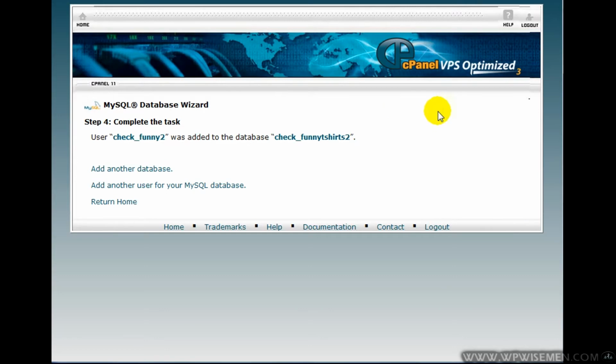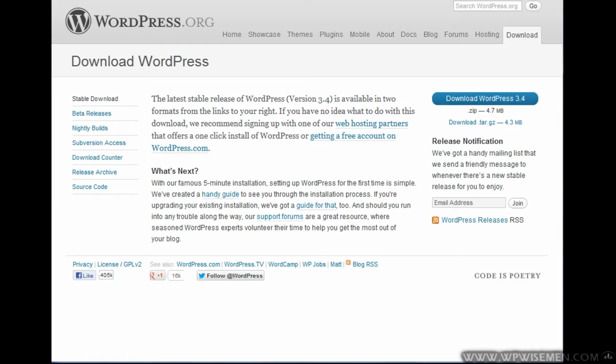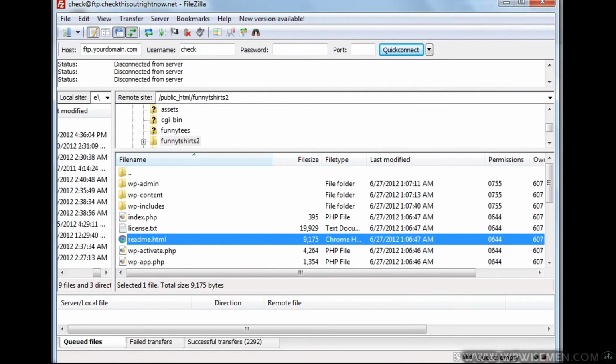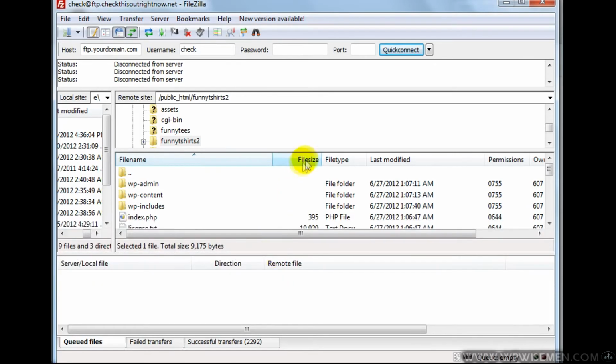So the only thing we need to do now is to make note, this is the database. I'm actually copying this over to a notepad as I am speaking here, and the password. So make sure you copy this, and the password. Once we're done with this, we're almost done. Close this out, and I'm going to go back to Filezilla,